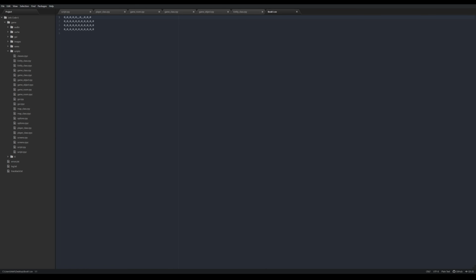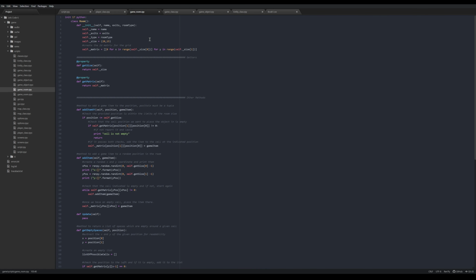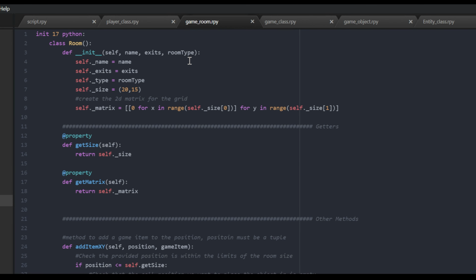Now, if you remember, if we go back to our game room at the very top here, we can see that we've got a room type and an exit variable, which are going to allow us to determine whether or not we have exits. Room type determines what the room's going to look like. It might be an internal room or an external room or whatever. So when we create a room, we need to determine what these two values are, which is not too complicated,